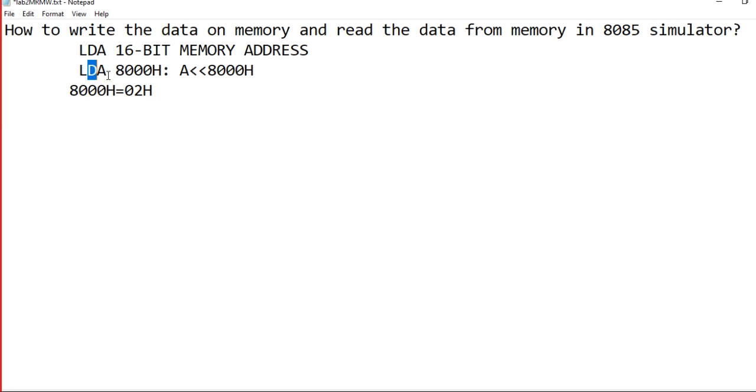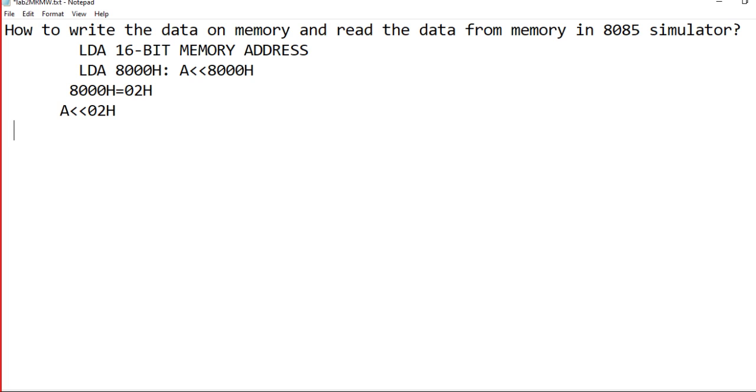After the execution of LDA 8000H, A will contain the 02H value. This operation is called the memory read operation because you are reading the data from memory. This is called load accumulator direct. By this you can read the data from the memory.